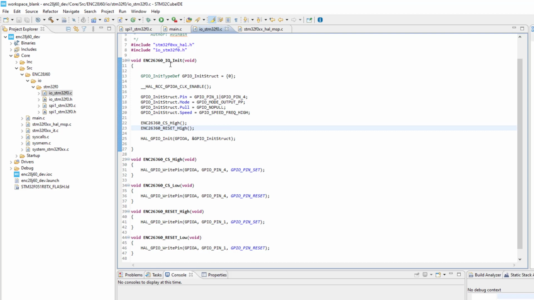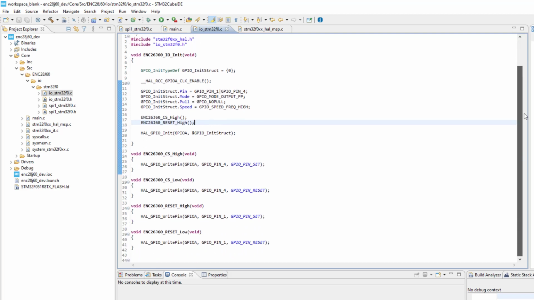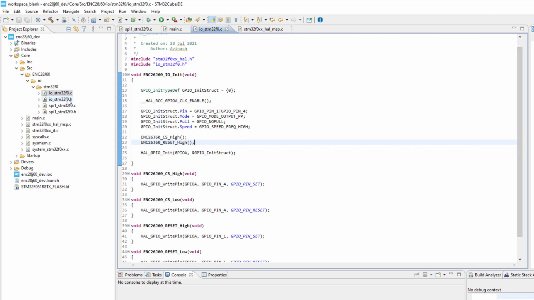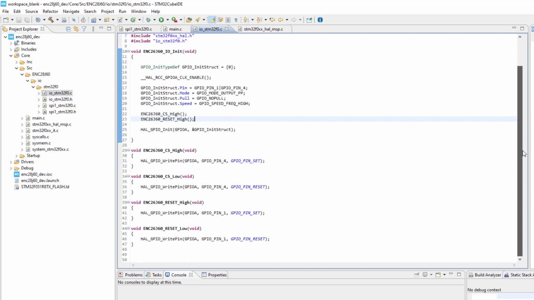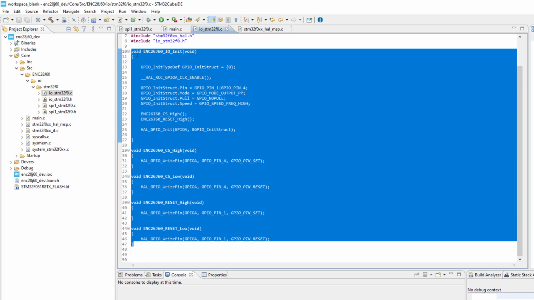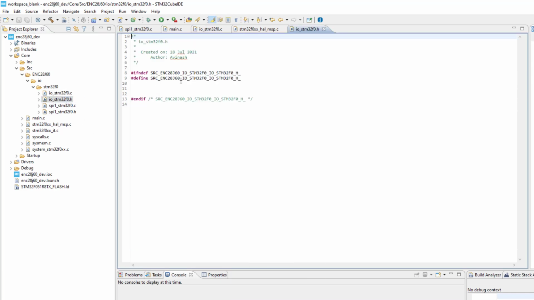Now we are done with the implementation of this file. As you can see, this is a very simple file, and now we need to code the header file, so that the prototypes of these functions are available. For this, what I will do is just copy these 5 functions, and go to my header file.